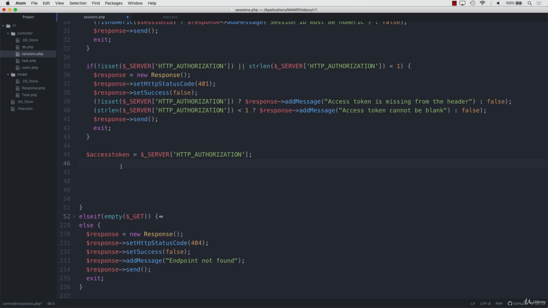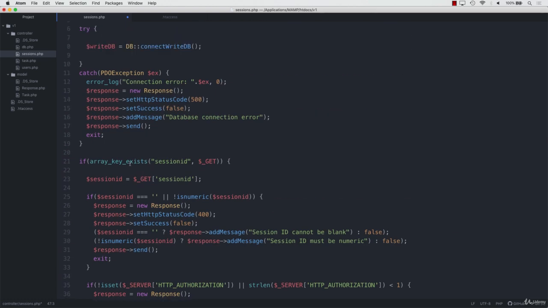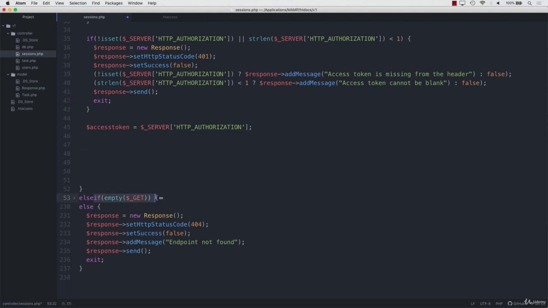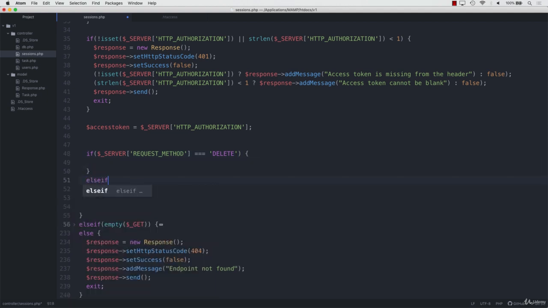And the next thing we need to do is to check the request method. Now, in this route here, so /sessions/session ID, we're going to be able to deal with delete and patch. They're the two that we're going to be able to submit to this. We're not bothered about post because post's handled in the /sessions route. So we need to create the placeholders here using the if statement. So if server request method equals delete, then this. Otherwise, so else if